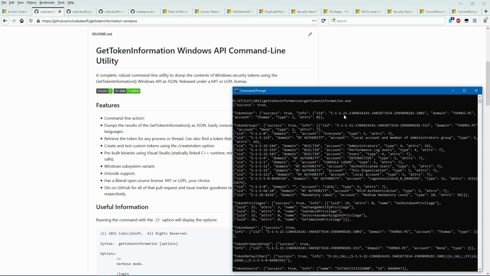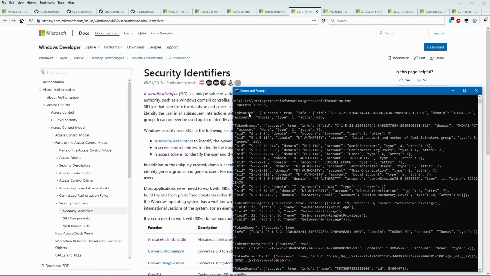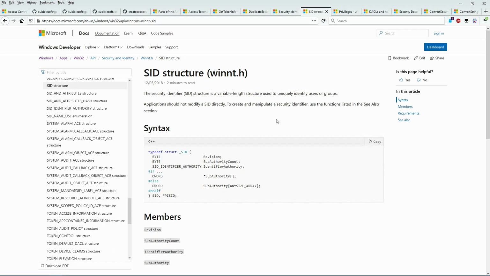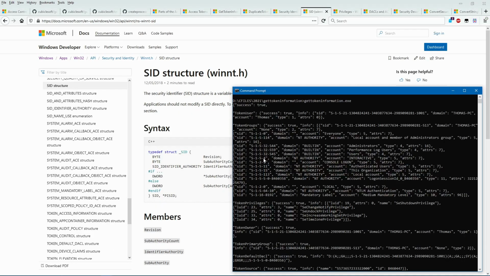Let's look at the contents of a security token. First, we can see my current user security identifier, or SID. SIDs are how Windows uniquely identifies users and groups. The binary structure of a SID is rather complex, which makes it more natural to view SIDs as encoded strings, as seen here.